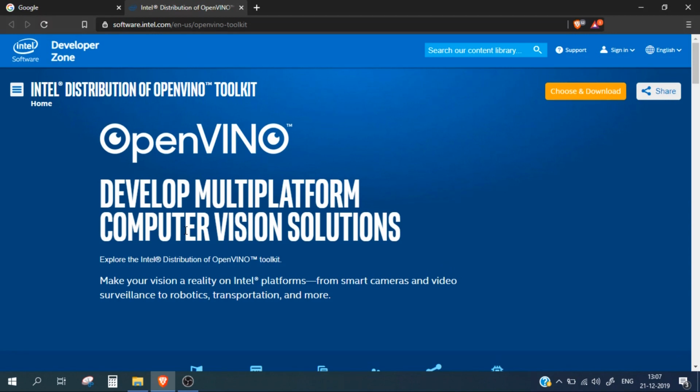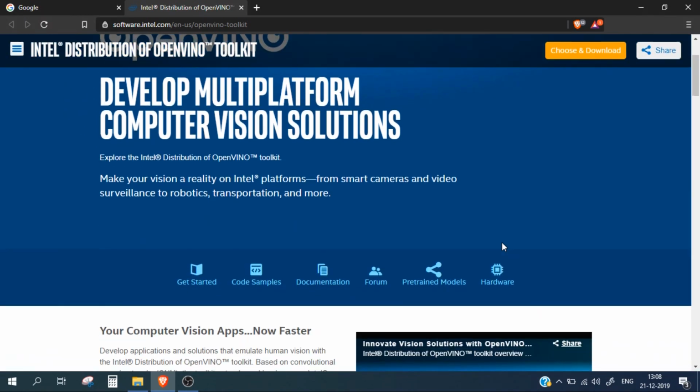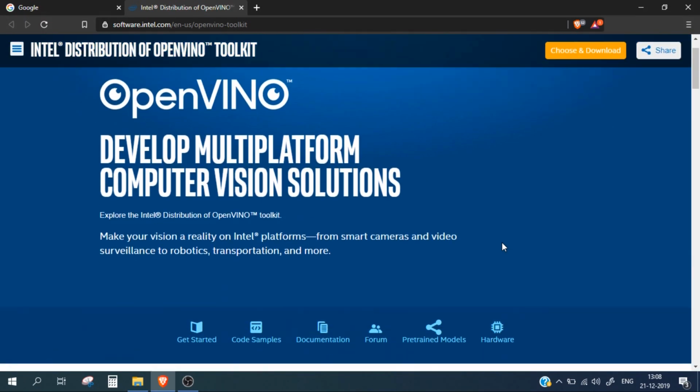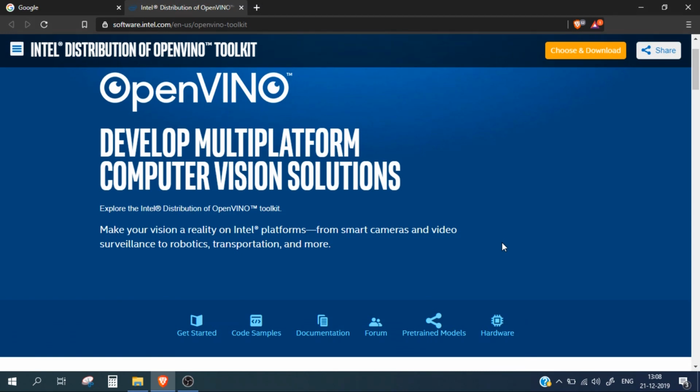So you can use the OpenVINO toolkit and you can specifically mention where to run these models. So let's say you can run your person detection model on CPU, you can run your face detection model on GPU, and you can mention any other models to be run on, let's say, a VPU, Neural Stick, or FPGA. So we have lots of options in this toolkit. If you are running a TensorFlow model or a Caffe model, you can use Intel's model optimizer to optimize it for the Intel hardware, making it utilize all the resources of your hardware. So you can go online and study more about this hardware, but for now, let's jump into the installation part